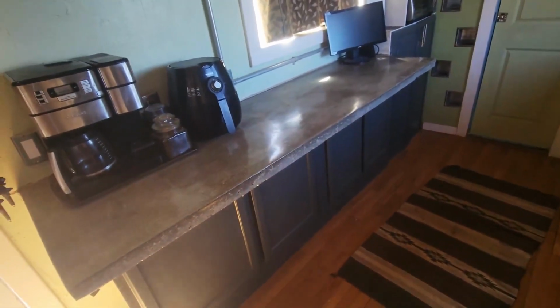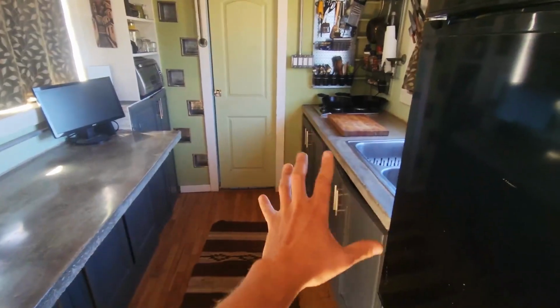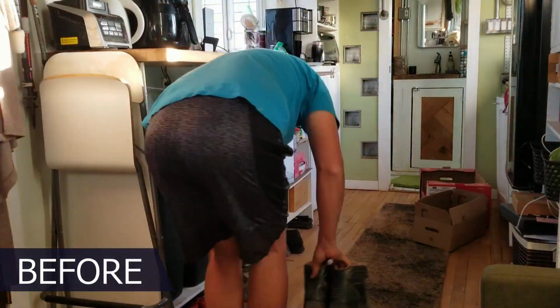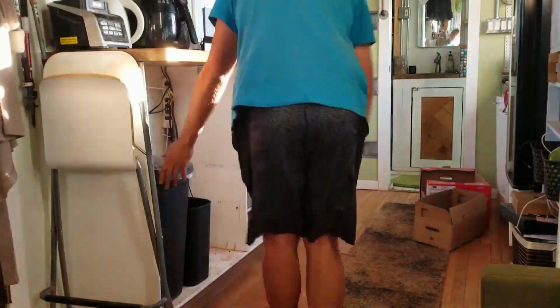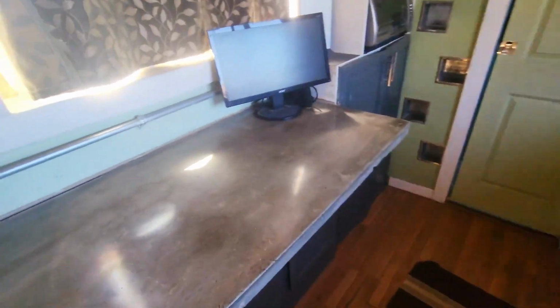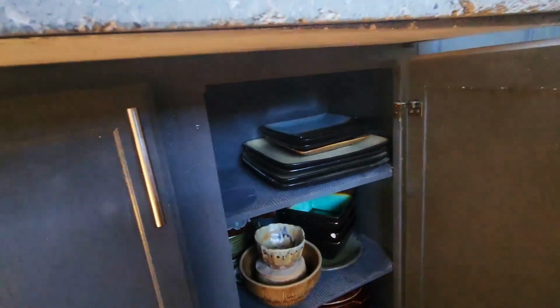Before, I just had the cabinets over here, and we didn't really have a lot of functional space. It wasn't good organization. It wasn't good shelves, because there was just the under the sink shelving and then one giant shelf over here that everything just got thrown into, and it wasn't organized. Now that we have more under counter storage, it's lovely to actually have a shelf for plates, have a shelf